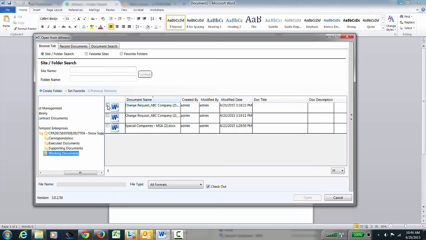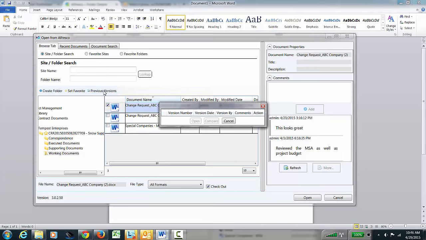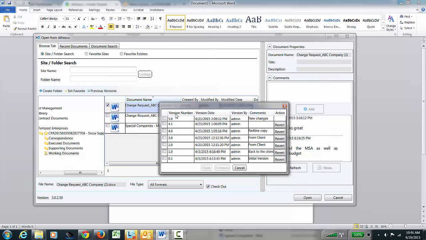I can then click on that folder and drill down if need be. Here's my documents. I can click on this document. I'll see comments there to the right, as well as metadata above. I'm confident this is the right document. I can now click Previous Versions. It'll show me the version tree. I can now select 2 versions I want to do a comparison to. And of course, the moment I select that second version, the Compare button will be active and it will do